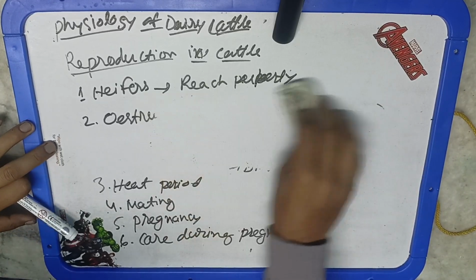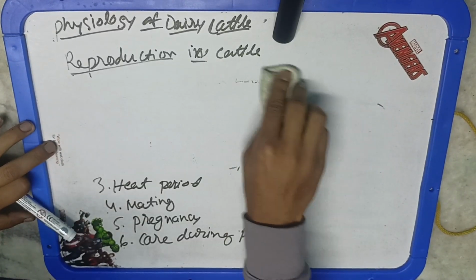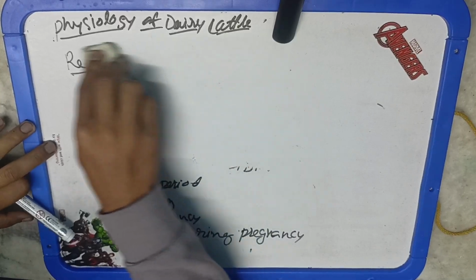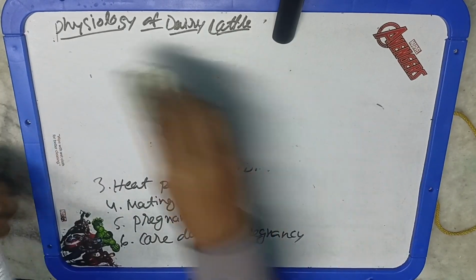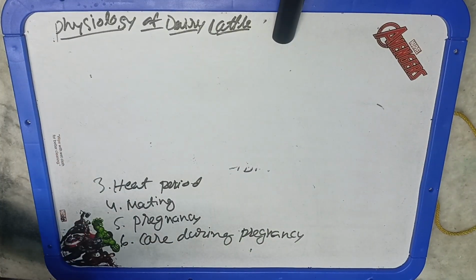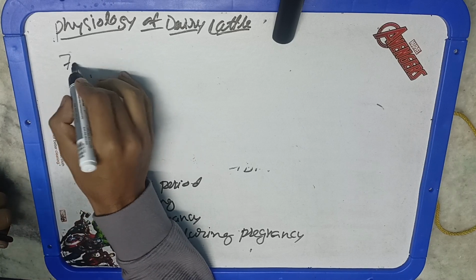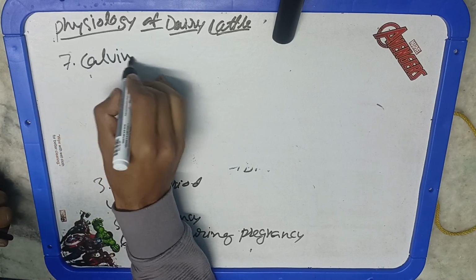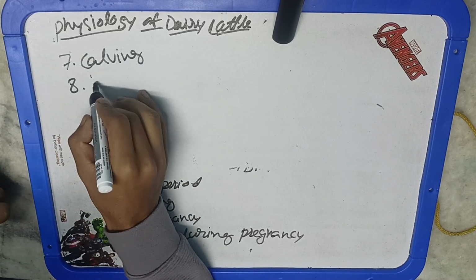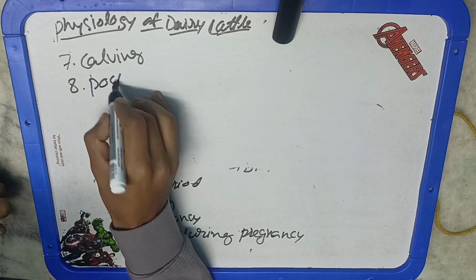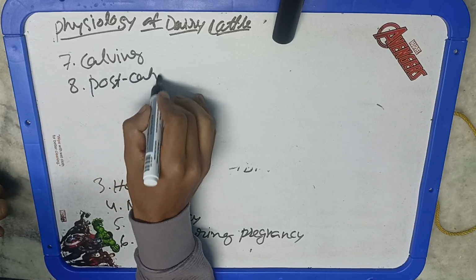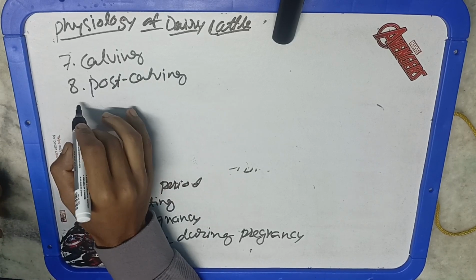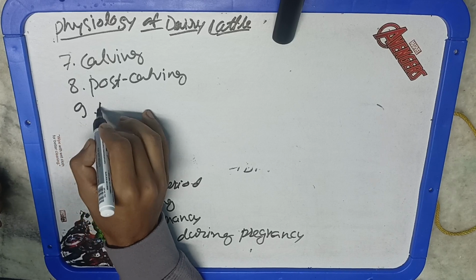Calving is after the gestation period. The cow gives birth to the calf. This is known as the process of calving. So the process of giving birth or parturition is known as calving in cow, but we have seen there are different terminologies used for different categories of animals. You might have read that in the terminology part. Post calving, then is the reproductive management.